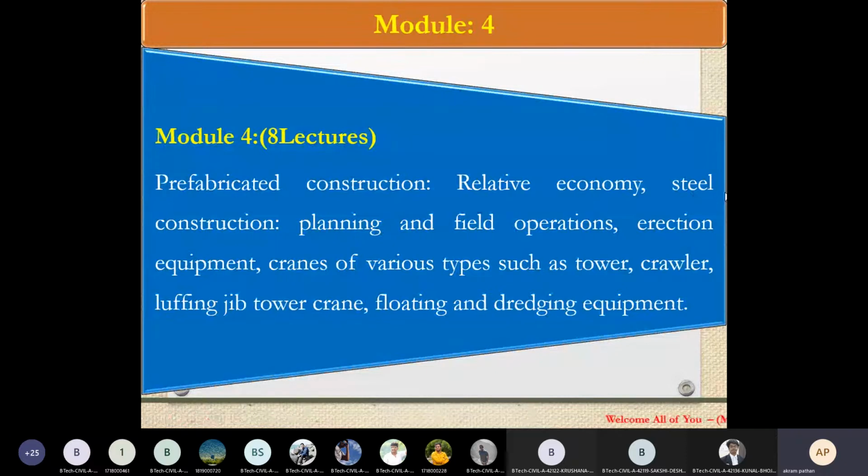constructions. Then prefabricated steel constructions, then planning and field operations, then erection equipment. Then we also require certain cranes of various types such as tower, crawler, then lifting jeep, tower crane, then floating and dredging equipment. So this is the syllabus of module number 4. Basically, we are going to learn prefabricated constructions in case of the residential building. Okay. So while